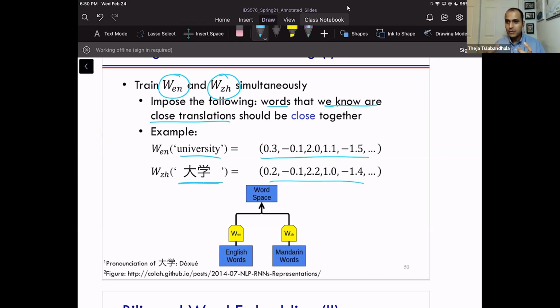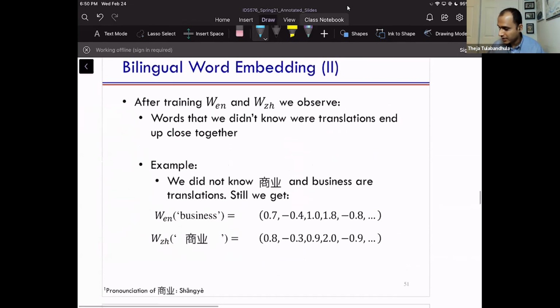If we impose some sort of squared loss criterion on these vectors, some sort of Euclidean distance being minimal, then these two will be aligned, of course. Hopefully these two vectors would be similar, but that will also align many other words in Chinese and many other words in English, constraining them to be in appropriate places. So what do I mean by that? Let's look at a figure.